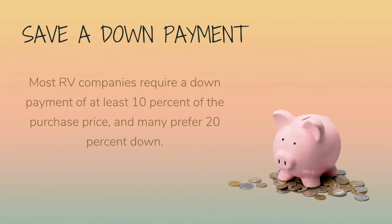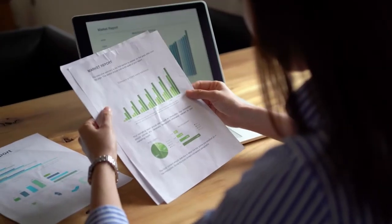Most RV companies require a down payment of at least 10% of the purchase price, and many prefer 20% down. A larger down payment will help lower your monthly payments, and you will even qualify for a lower interest rate. Current RV loan interest rates start at around 4.29%, and the rate you get depends on your credit and other